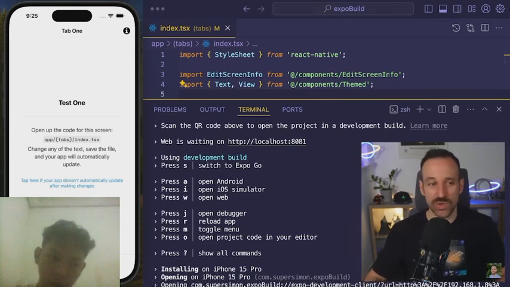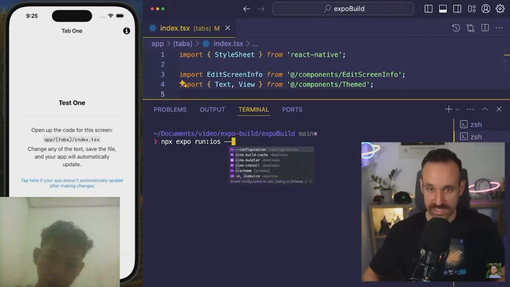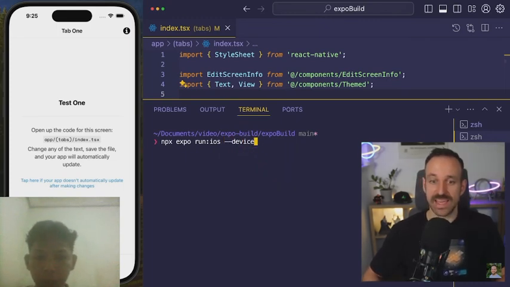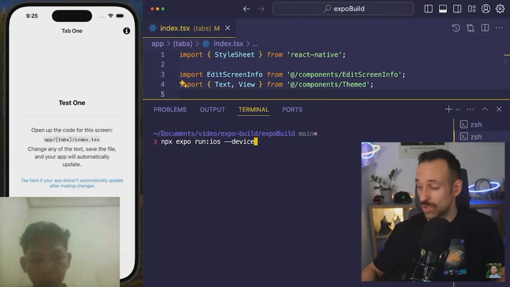If I wanted to also deploy this to a device, I would have to follow up the commands, so I don't want to mess up the command. Let's do a new terminal, npx expo run iOS --device. Then I could build straight to my connected device. And by the way, this should now also work over the network, so you don't even have to connect your